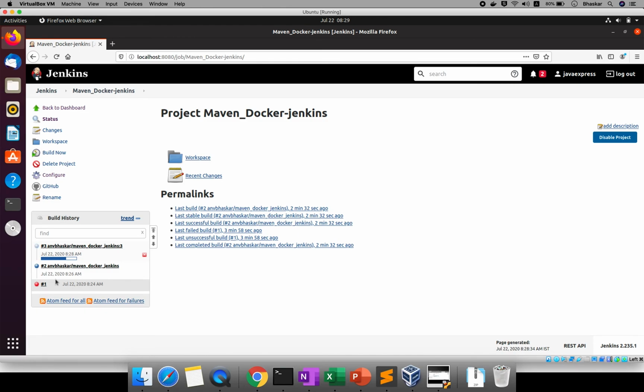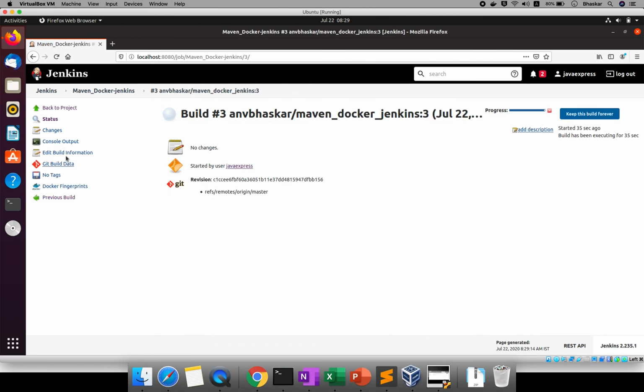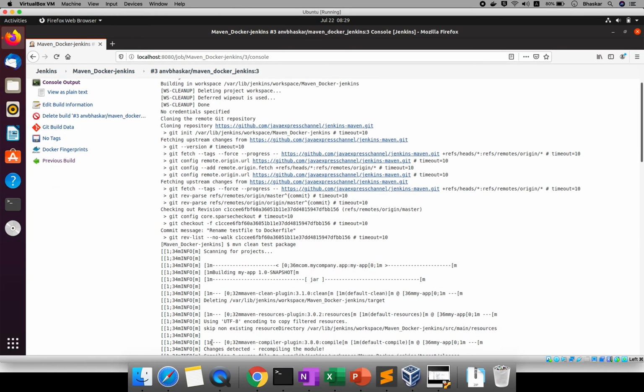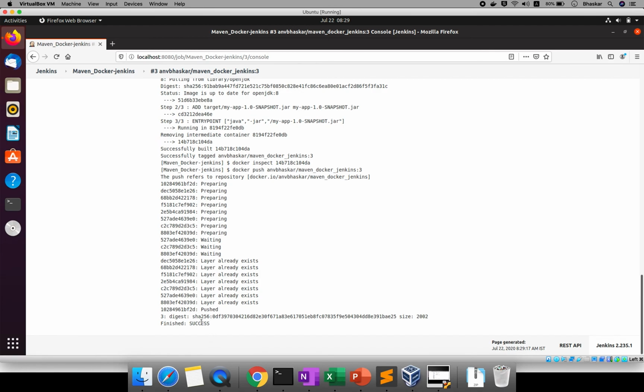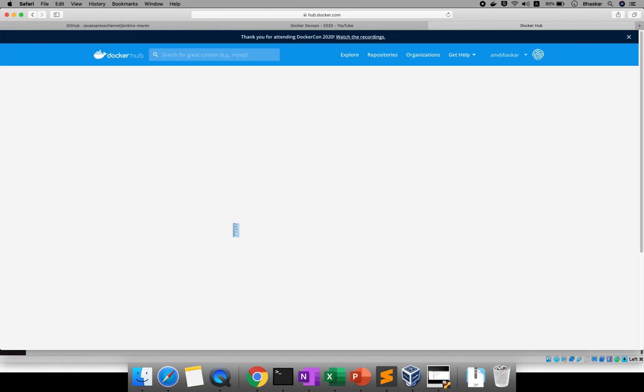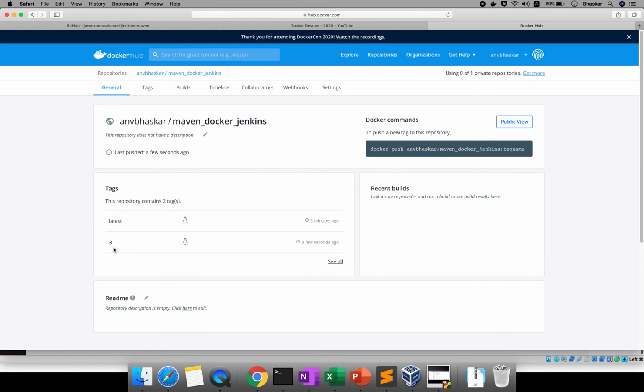Okay, how to push, how to log in, credentials, if you are writing any credentials, how to configure. In the pipeline we should not keep credentials, am I right? So how you need to handle those types of things, I will explain in the next part. So let me check. It is success. Just go and refresh here. See, my latest build number is 3. So if you run 100 times, 100 builds will be there.